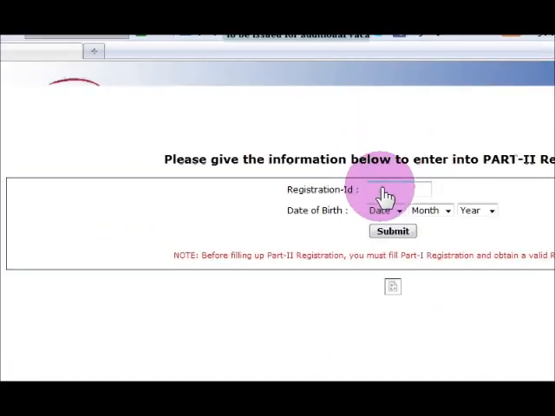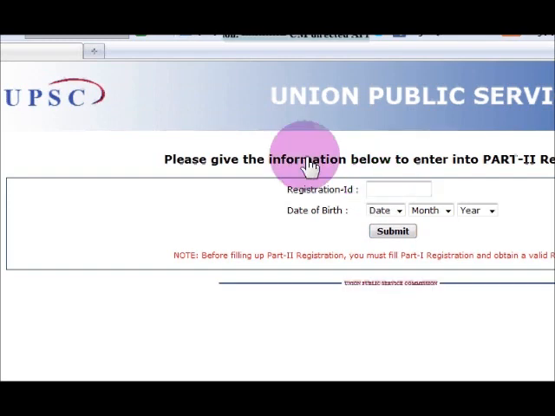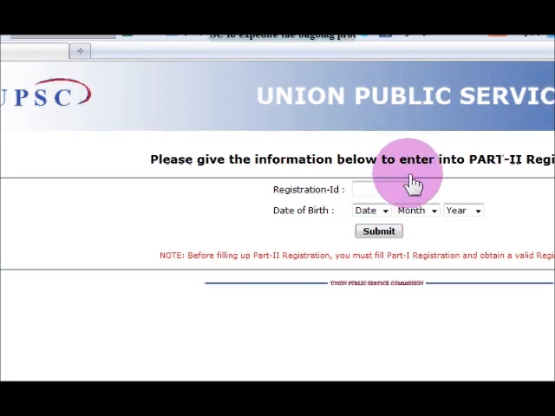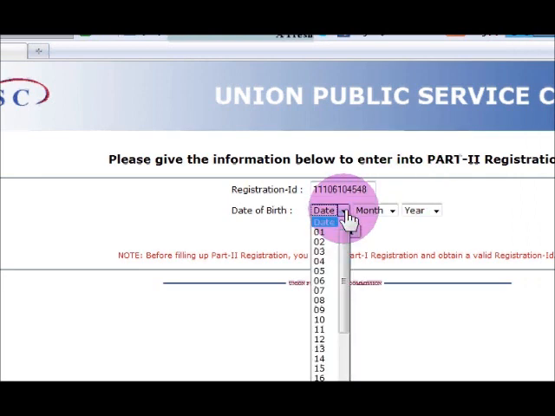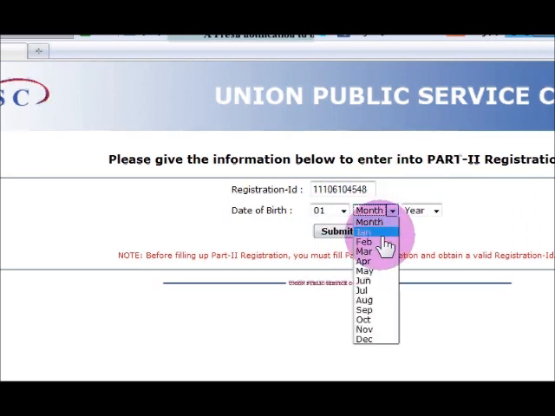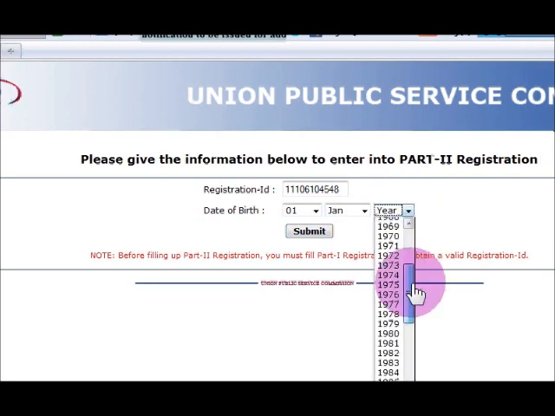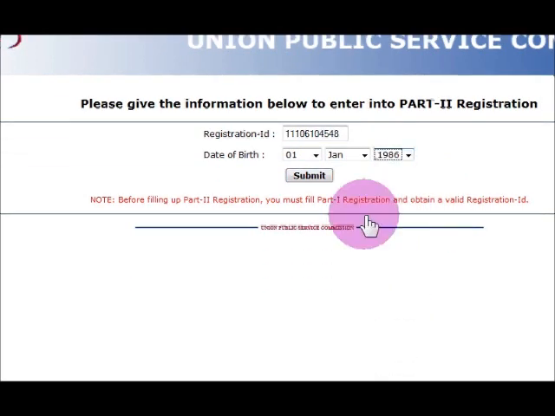You have to remember the registration ID which you have seen and saved. The registration ID will be needed in part 2. Here I have saved it in my notepad, so I have given it here. Then again we have to enter the date of birth, the 1st January 1986, which you have entered here. You have to enter your respective date of birth, and once you click submit,